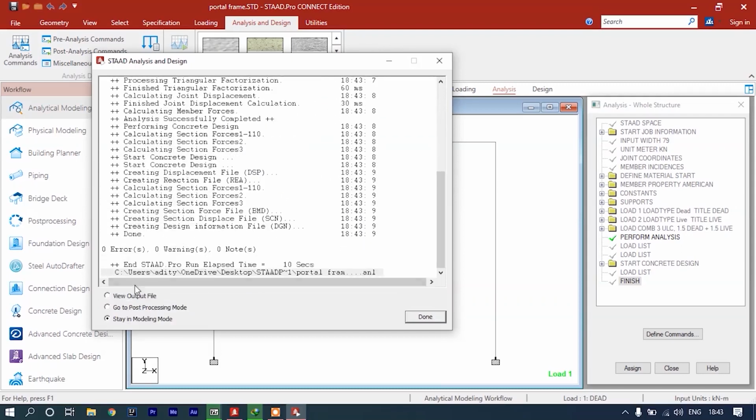So here are our results. There is no error, no warning and no note. We can go to post processing.